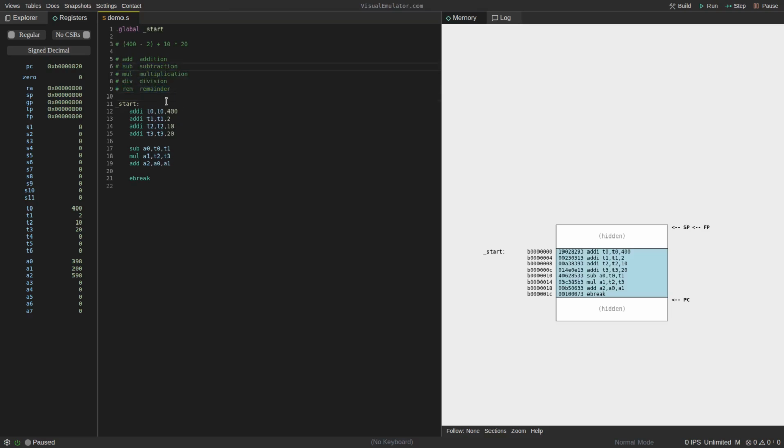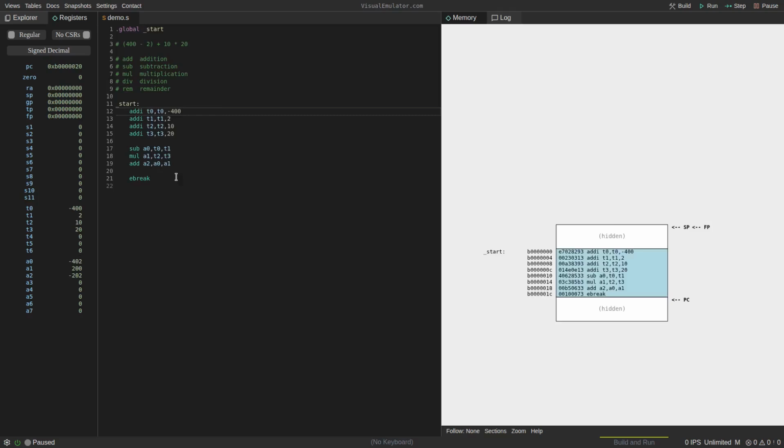Anytime that we want to subtract, multiply, divide, or do remainder by a specific number, then we will need to put that number into some register, like we did up here, and then we can use any of these 4 instructions on whatever that number is. Now, one caveat to that is that the add immediate instruction is allowed to have negatives. So we're going to do add immediate with a negative 400, and we run this. We see that it puts a negative 400 here into t0,